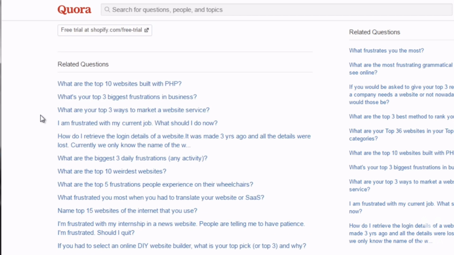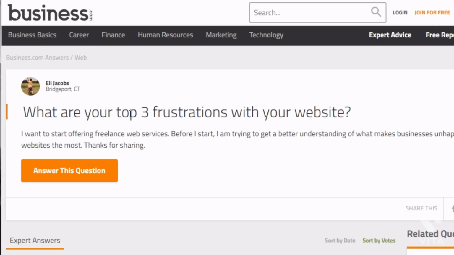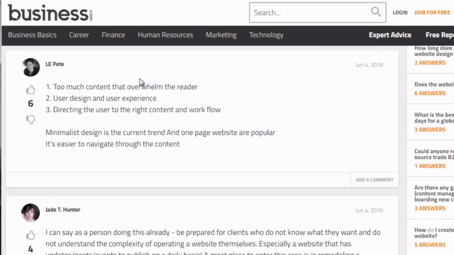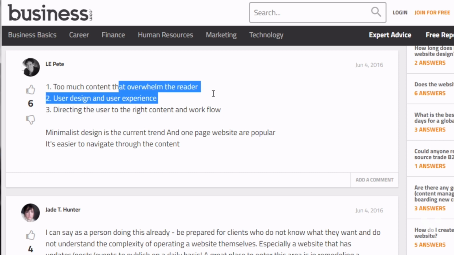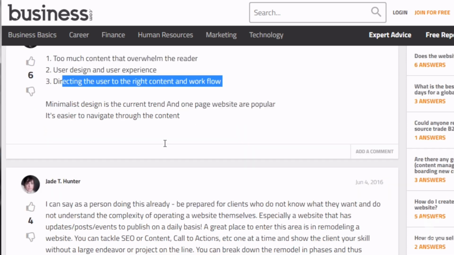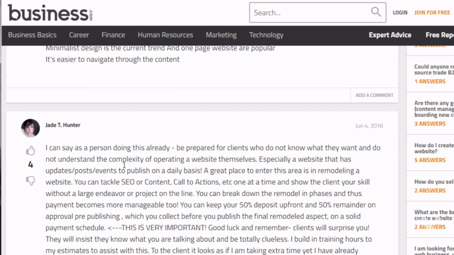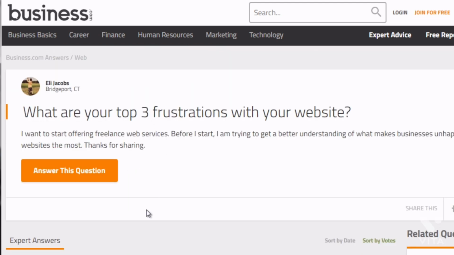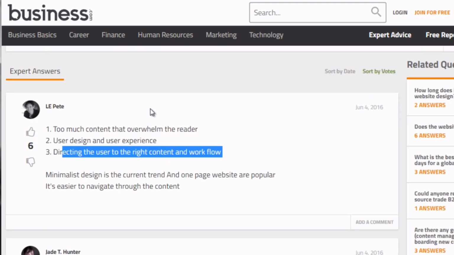And then we go down and let's look at a different article. What are your top 3 frustrations with your website? Too much content that overwhelms the reader, user design and user experience, directing the user to the right content, and workflow. So going through here, what you're looking for is a pattern. If you can see several people saying, I have problems because just finding fresh content is a big roadblock in my life, if you see tons of people saying that,